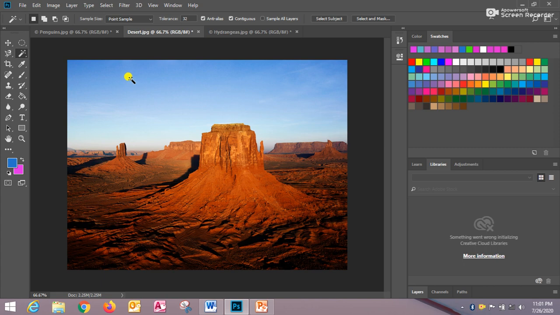Right students, just click onto the sky part anywhere. So this part is selected, and the adjacent part will automatically be selected. Here the tolerance is less, so less of the sky is selected, right?